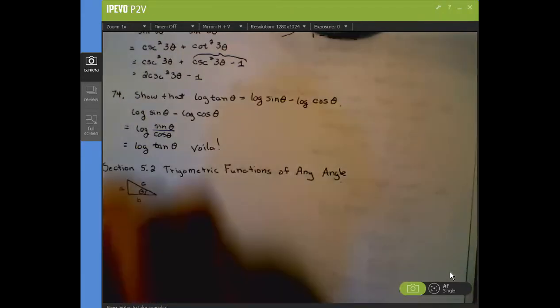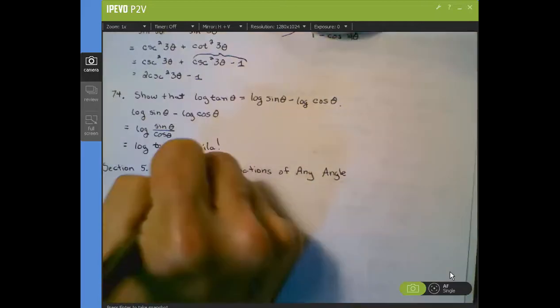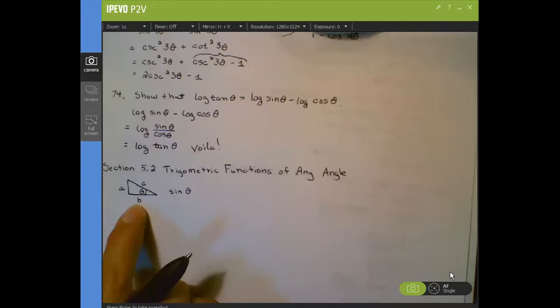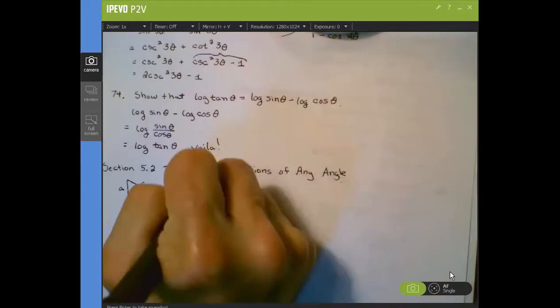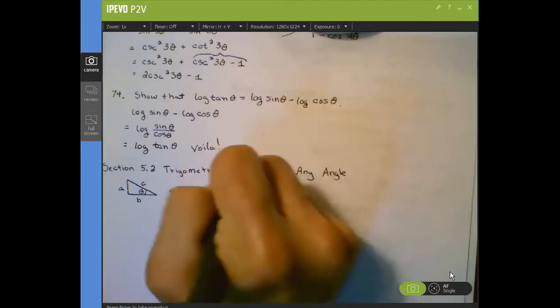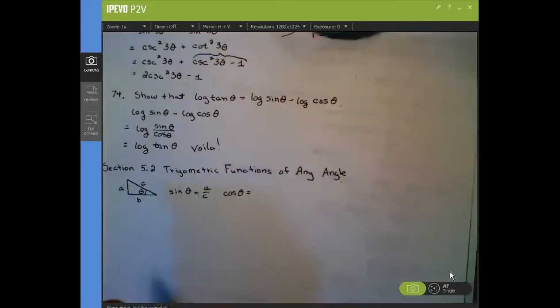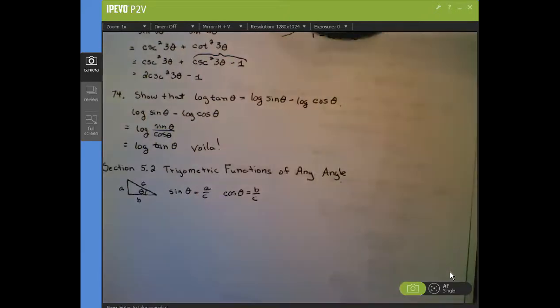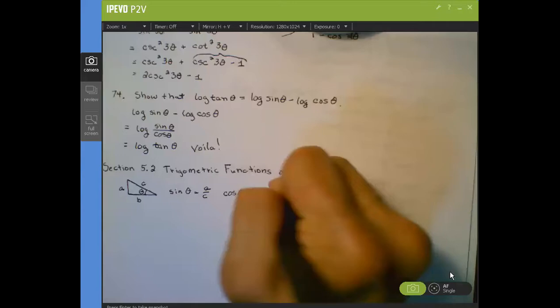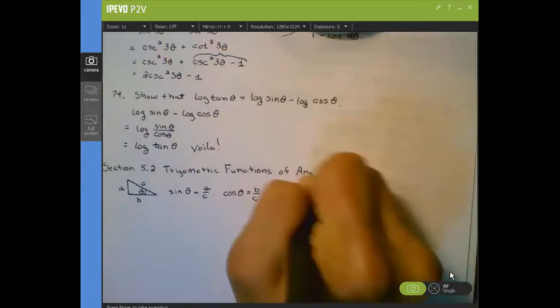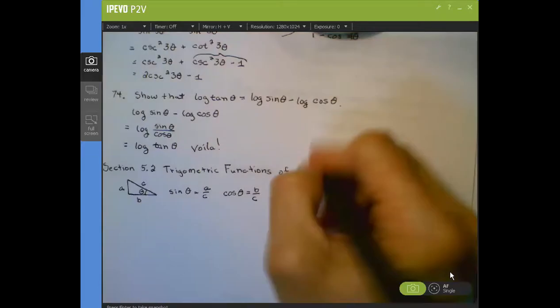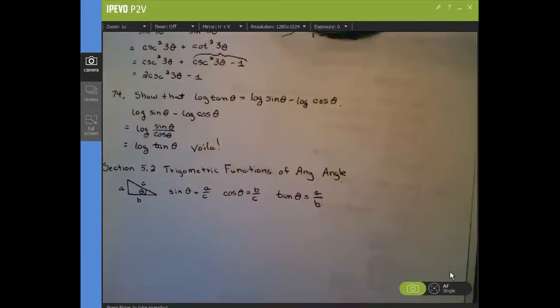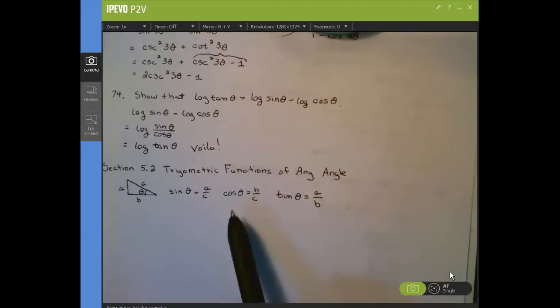I'll just write down the first 3. The way I have that triangle labeled, sine of theta would be opposite over hypotenuse, A over C. And cosine of theta would be adjacent over hypotenuse, B over C. And tangent theta is opposite over adjacent, or A over B. And then, of course, you could write cosecant, the reciprocal of sine, secant, the reciprocal of cosine, and cotangent, the